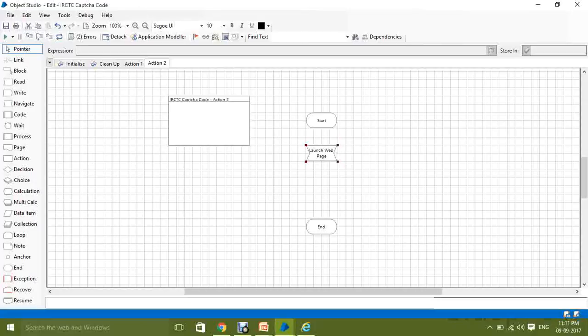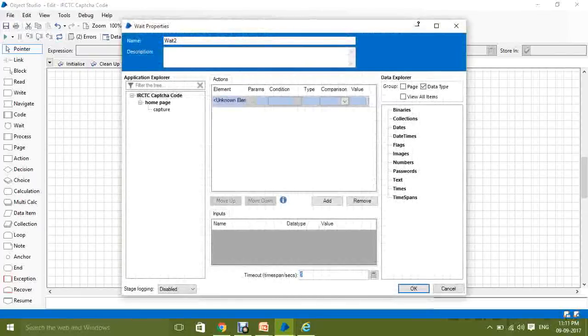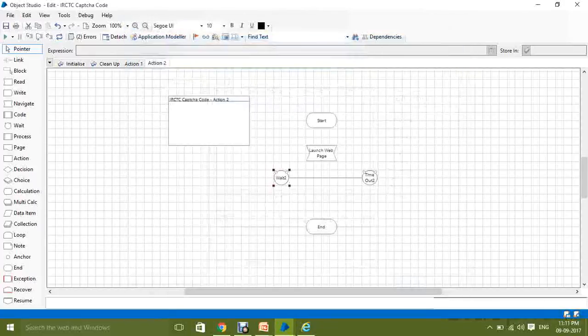Launching a web page will take some time, so I am going to create a wait stage for this. I am creating an unconditional wait stage of 10 seconds. That means as soon as the web browser is launched, it will wait for 10 seconds until the page loads.